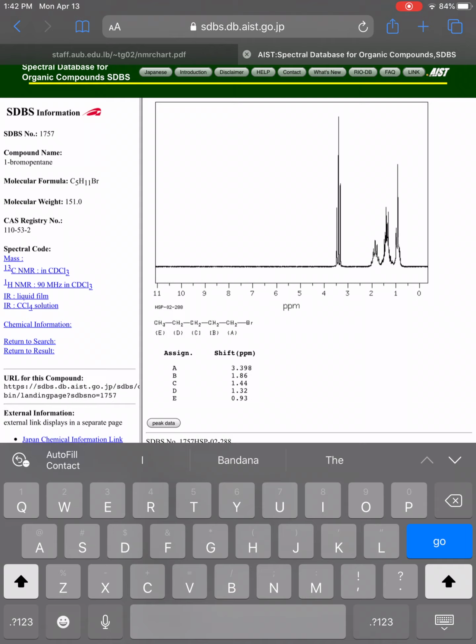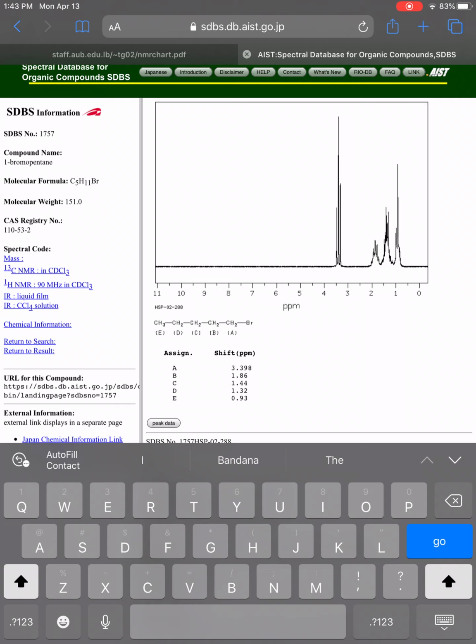And you can see signal A has a chemical shift of 3.398. That's going to be that big cluster of, looks like maybe 3 peaks over here, farthest to the left. And that's what you'd expect here. This signal is closest to the electronegative atom. It's going to be the most de-shielded, and therefore it's going to appear furthest to the left, or furthest to the downfield side. As you get further away from the bromine, you see signal B is further upfield at